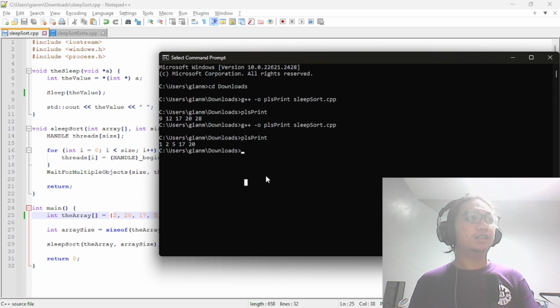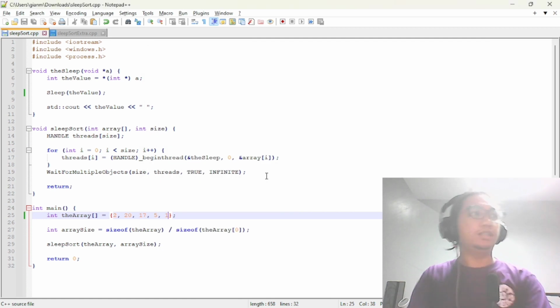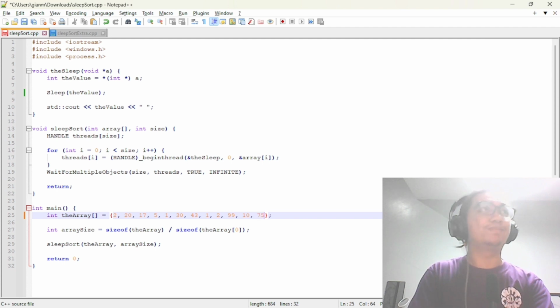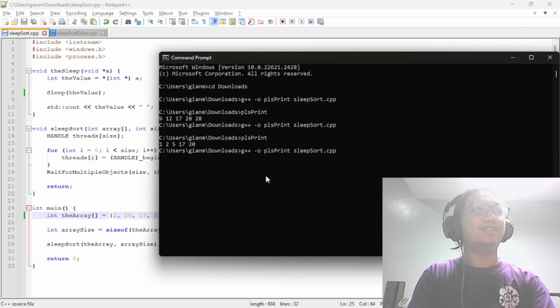So it means that the larger the list is, the longer it takes to process. In this example, we only have 5 elements in the list. That's why it is fast. But when the list grows, let's say we add other values like 30, 43, another 2, 99, 10, and 75. When we input all these values,